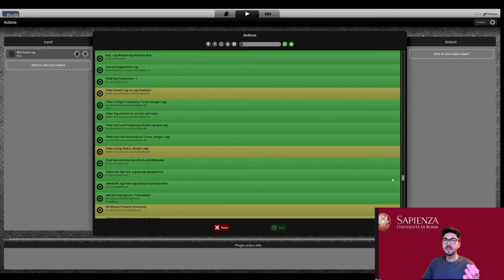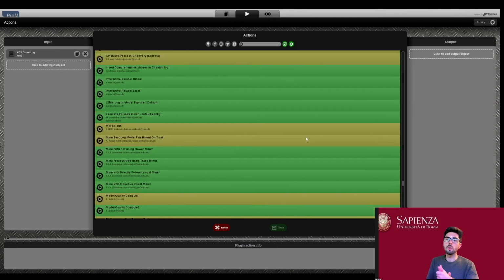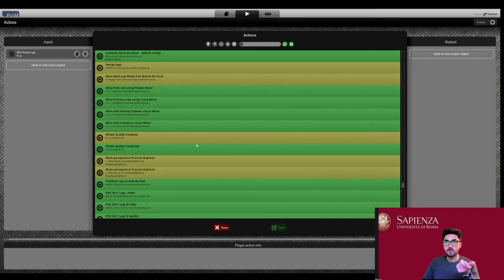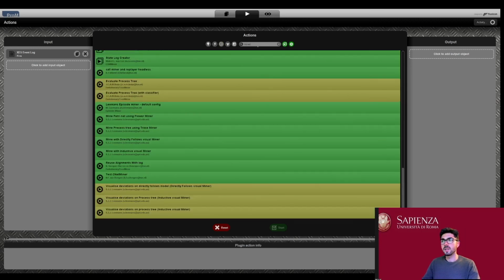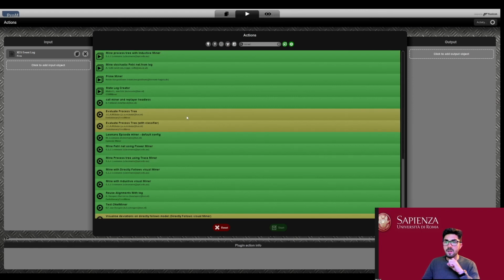And basically, as we saw during the webinar, what we can do with just a log is basically process discovery. So as we did with Disco, we could try to perform process discovery. And for example, we can use a miner. So we can write here miner.